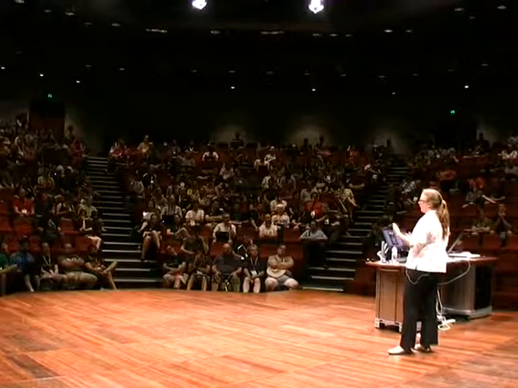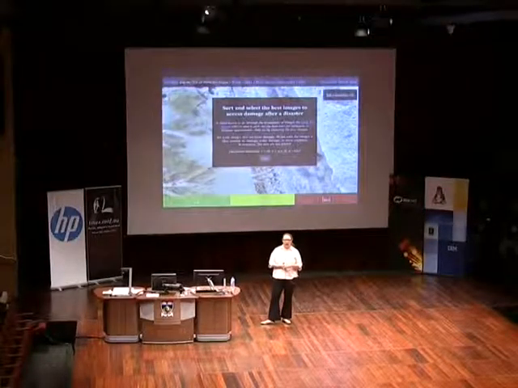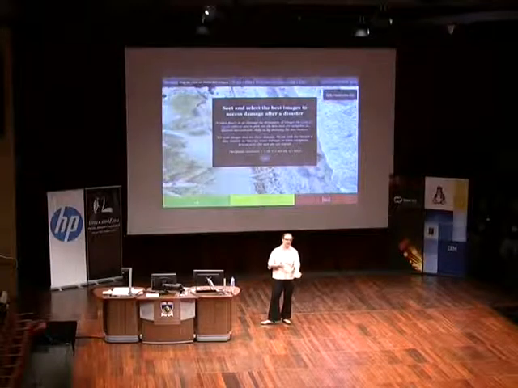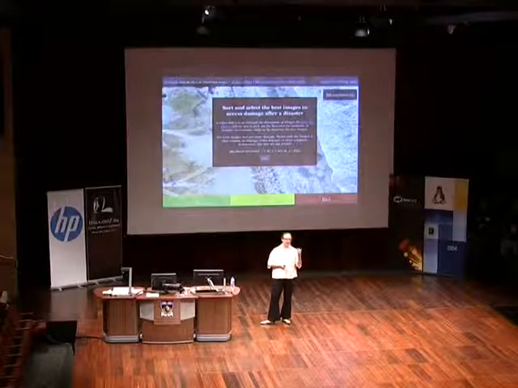What we had done is made a grid using what's called the national grid, which is the same as the military grid. So you have a grid of where things are, or rather XY coordinates, and the pictures were associated with a grid. Then you could get an average of where there was no damage, where there was moderate damage, where there was severe damage. And then teams could actually go assess on the ground that way. So it was fairly simple. It helped people, and instead of having to check everywhere, you could focus on the hardest hit areas first.